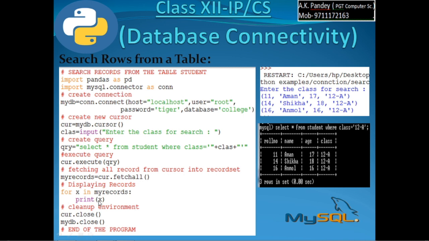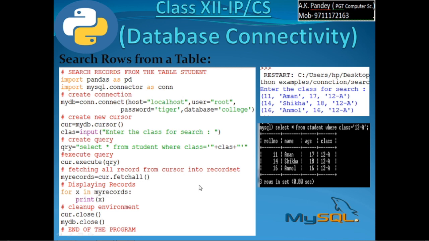Whatever was lying in myrecords is accessed one by one in the form of a tuple. The cursor and mydb have been closed. See, first tuple, second tuple and third tuple. This was actually a total of three. These three tuples were lying in the myrecords variable, which could be accessed one by one using a for loop through the variable x.